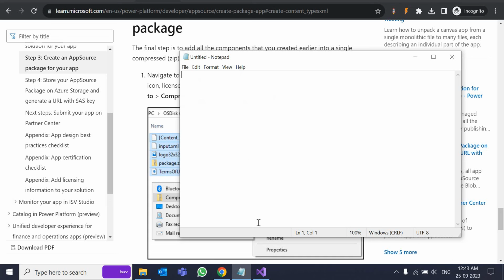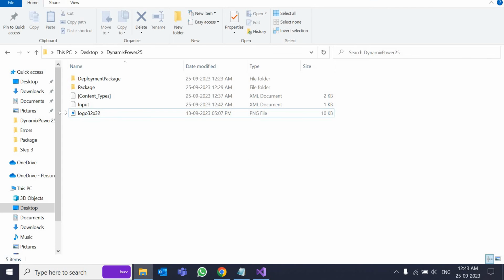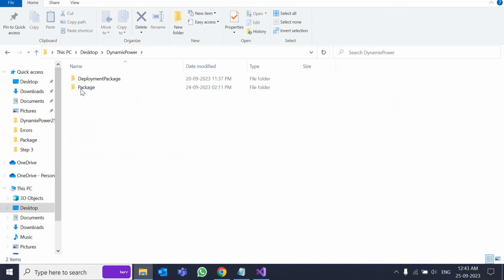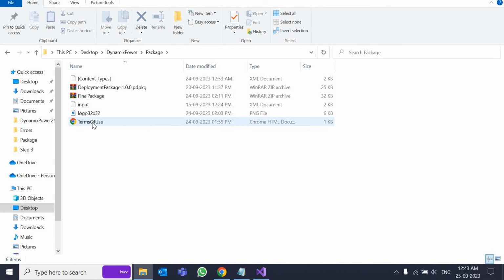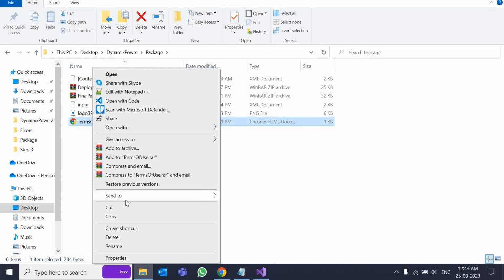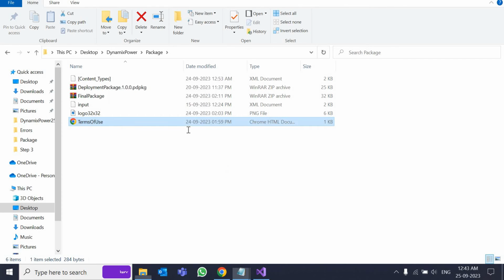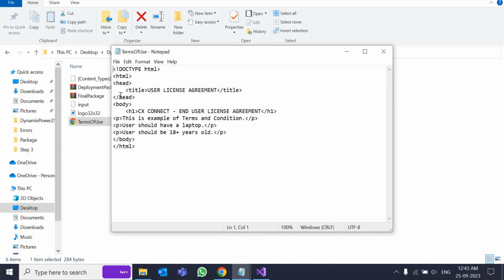Save it, and for the sample, from here itself I'll show you. In the package I have this one, right? So open it with Notepad. This is my HTML code, which has the user license,